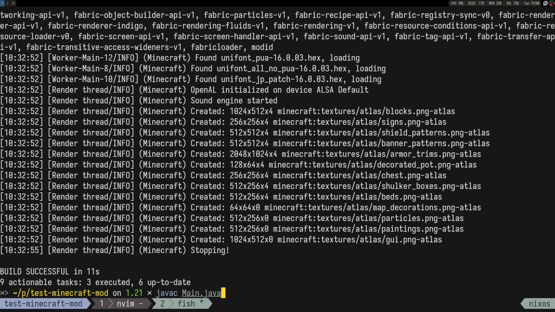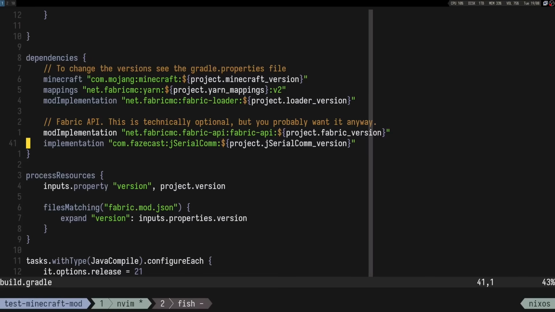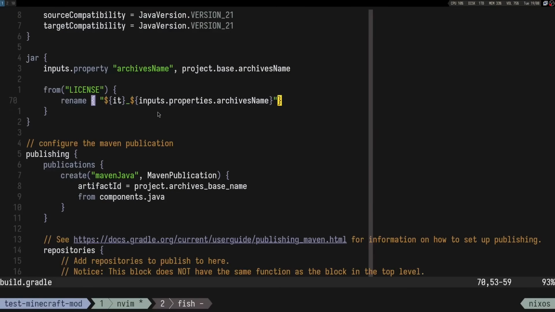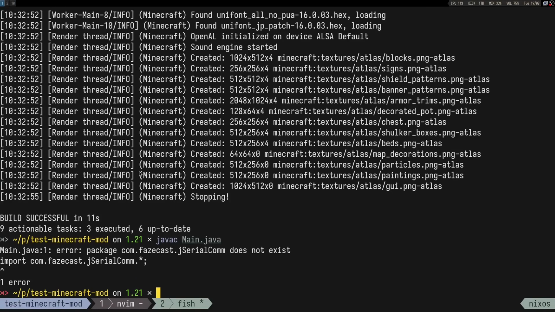Okay, so let's compile main. If we want to use this package, obviously you would not want to use javac directly, like a baboon. You would want to use Gradle, the build tool, because in the build tool we added the dependency. But right now build.gradle is set up to run the Minecraft mod, so that's kind of annoying to change. So a quick hack is to